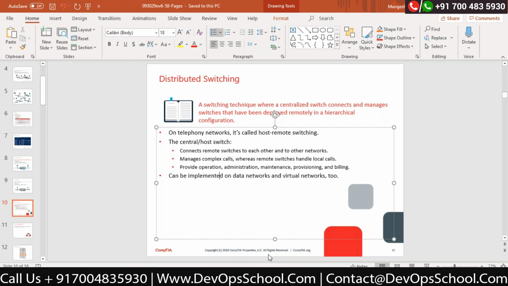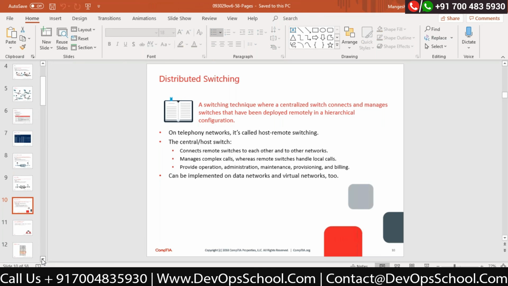But distributed switching is a technique where a switch is centrally connected, manages all the devices through that centralized point, and makes sure that everything is distributed from that particular switch. This technique would be introduced in our local area connection, but the same technique is available for internet connectivity as well. We can call it an MPLS network nowadays.